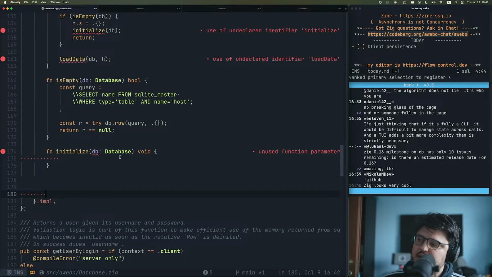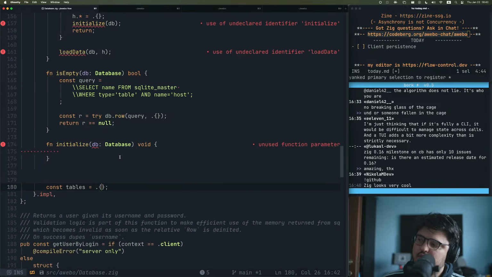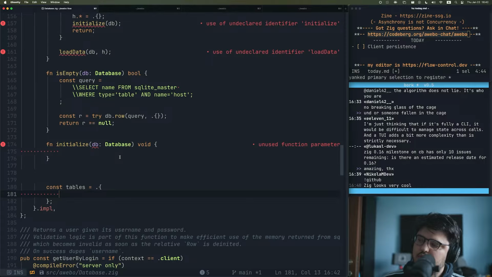So maybe we can make const tables equals, and then we loop over tables with meta programming. Yeah. Let's make it abstract. Okay, so tables has then the